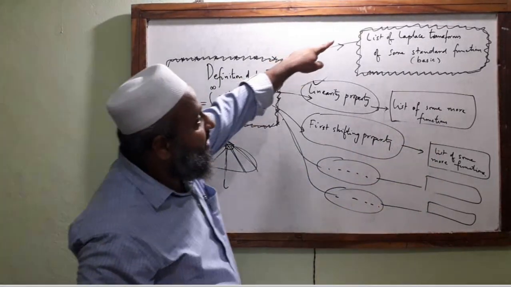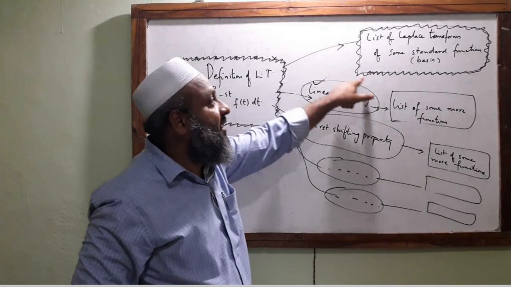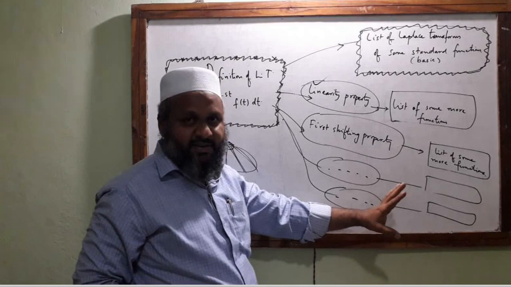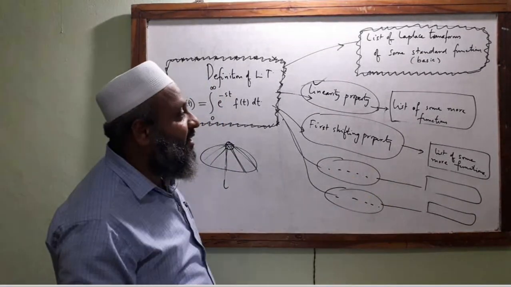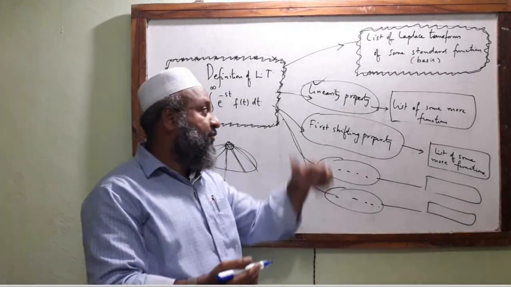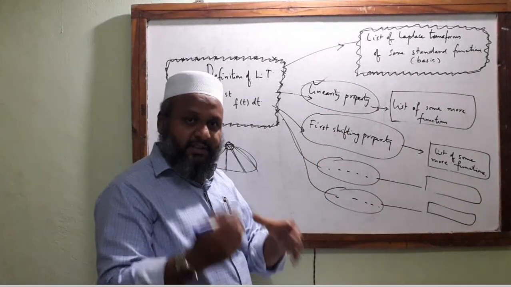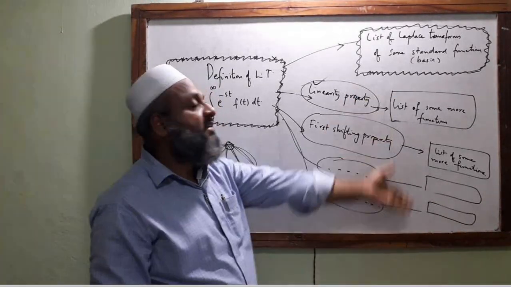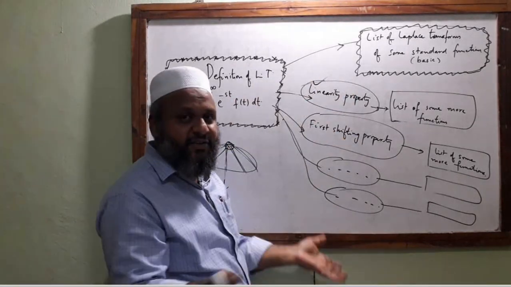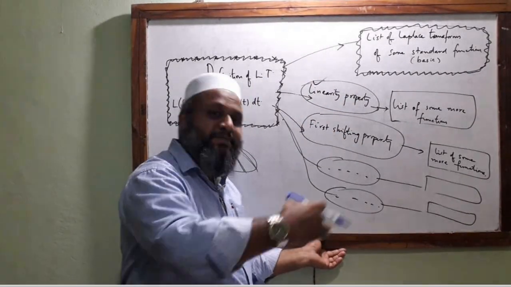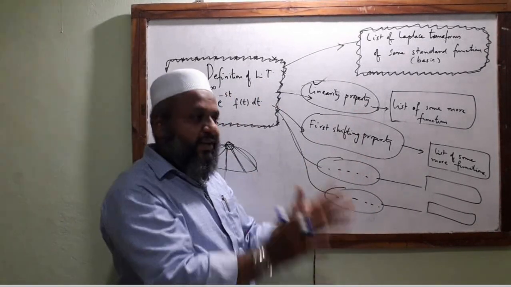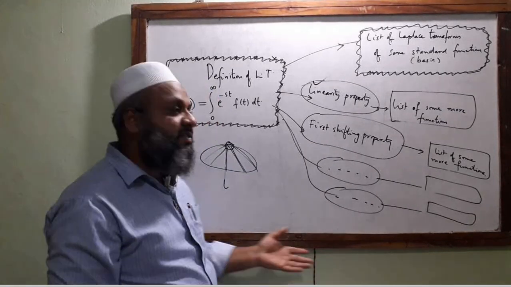But you noted that I have highlighted this one, that this you have to remember, and this you need not remember. If you want to remember, you can, but there is no point in remembering this one. Once a question appears, find the Laplace transform of this, you have to use this suitable property and then settle the problem, and then that calculated value enters into the list. Whether you maintain the list or not, that is not the point. That comes into the literature that the Laplace transform of this so and so function is that much. If it is a very important function, we remember it, otherwise we simply leave it.